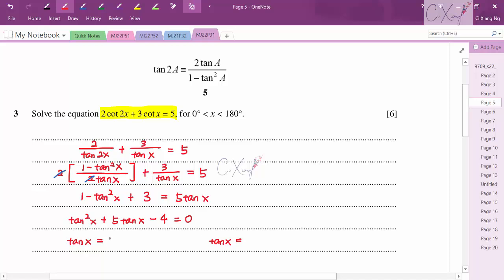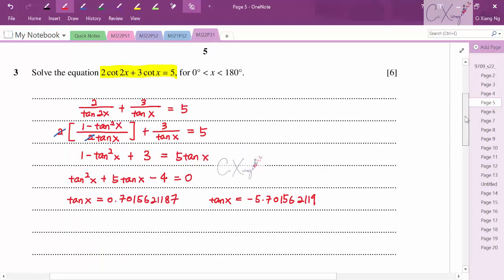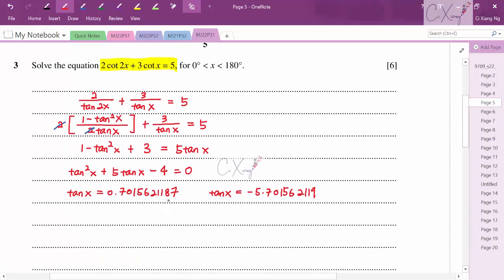Okay, so the first value that I get is by using the quadratic formula, because this equation cannot be factorized. So by using the quadratic formula, I will have this value 0.70156 and also for the tangent x, I'm having this value. Okay, so these are the two values for the tangent x, and to get the value for x, I have